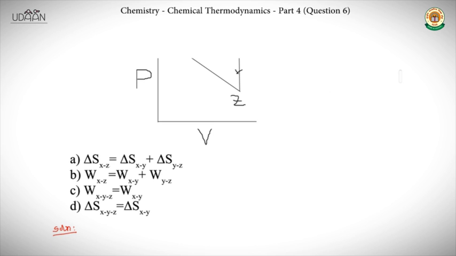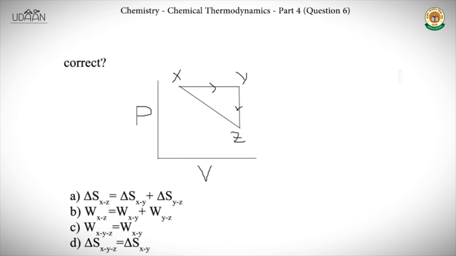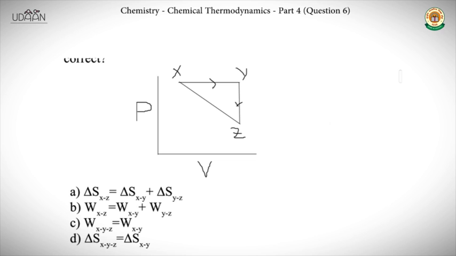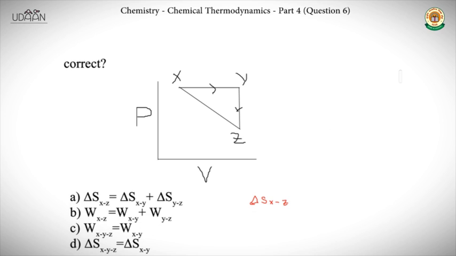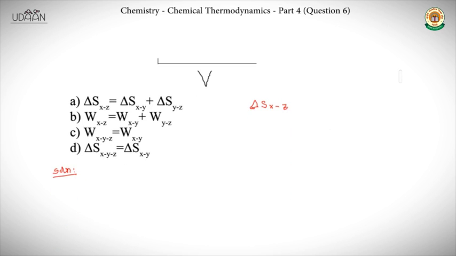They asked us to find the change in entropy and work done in different paths. Go for the first option. They asked for delta S, the change in entropy from X to Z. What is entropy? Is it a state function or a path function? It's a state function. It doesn't depend upon the path. So they are asking for the change in entropy from X to Z. Since entropy is a state function,